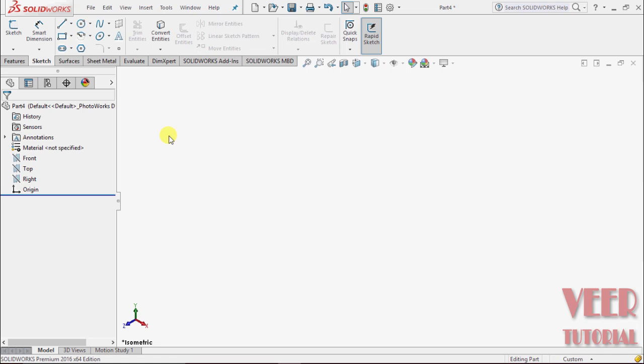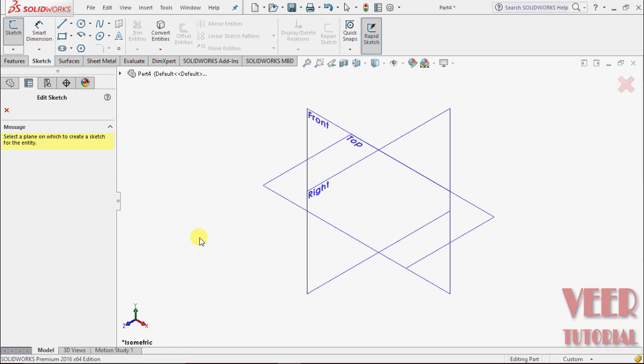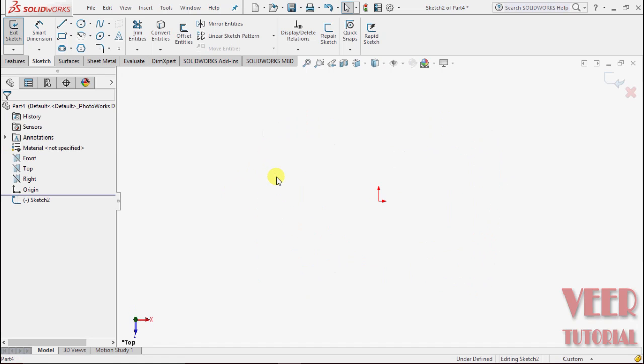First let me go to sketches. I click on this sketch and select this 2D sketches. So we have to select a reference plane from here and I will select, suppose, top plane. On this plane I will select this rectangle command,